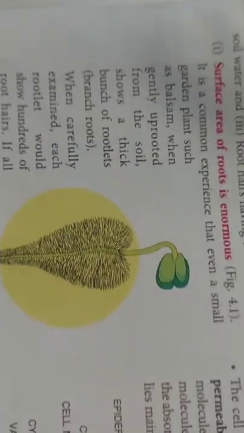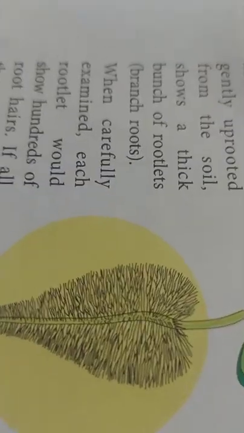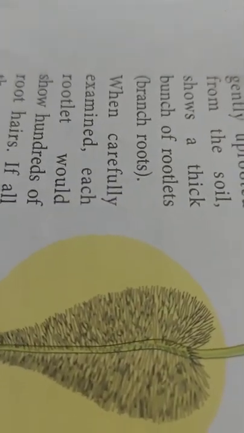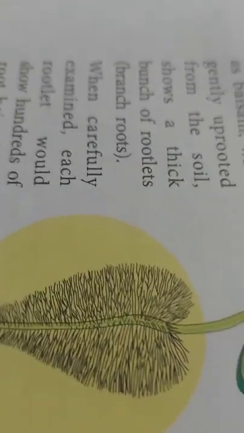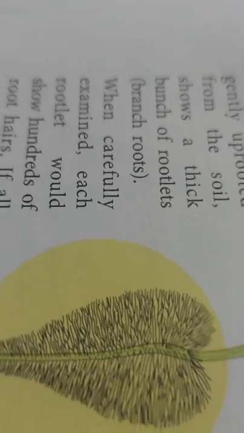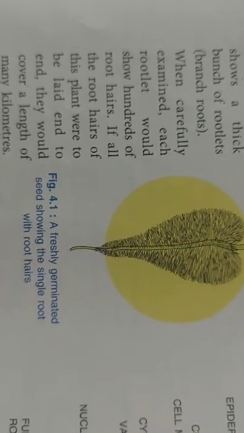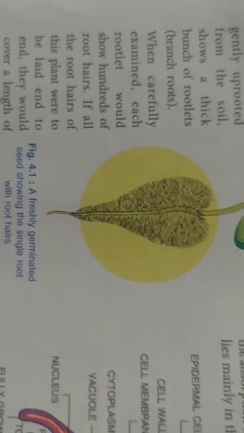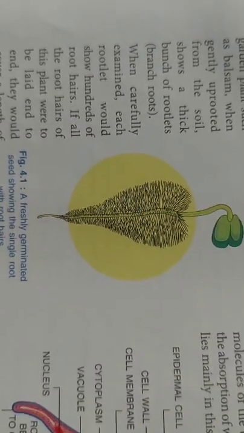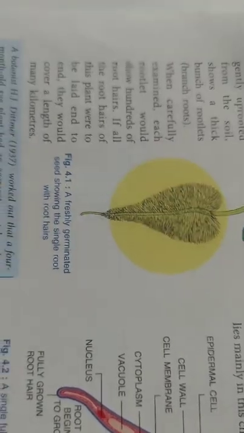Here it is written, the common example is a small garden plant. Like if a small room is there, we could keep only a few things there. But if a room is large, has a large surface area, then we could keep many more things there. In a similar way, the root has a large surface area due to the minute root hairs, lengthwise and breadthwise. That's why they can absorb more and more water, more and more minerals, and provide them to the whole plant. So that is the root of the plant.